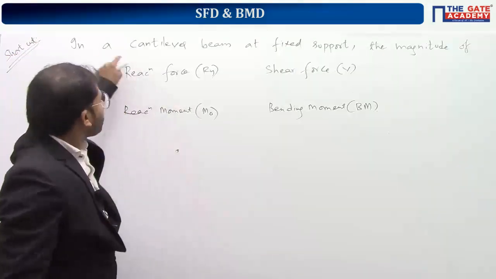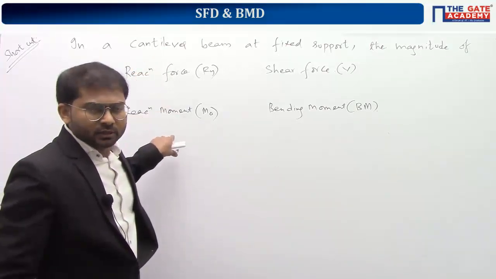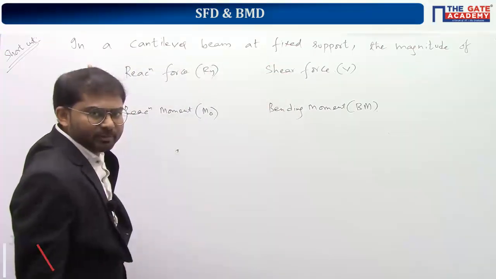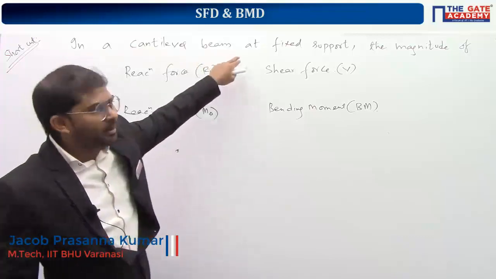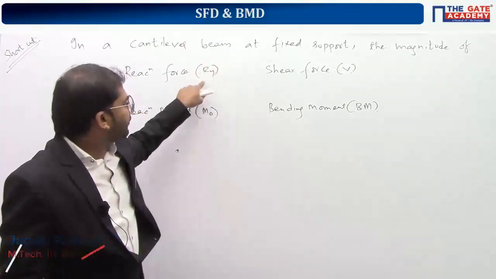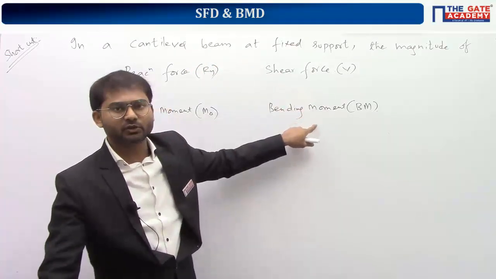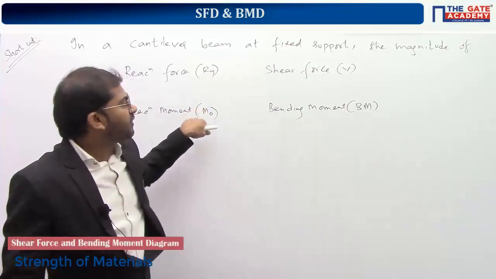Okay. So what I'm asking people to do is to compare these parameters with these parameters for any cantilever beam. So you take the first example and do this comparison. In a cantilever beam, I'm asking you to compare these parameters Ry and M0 at the fixed supports with shear force and bending moment respectively. So compare Ry value with V. Compare M0 value with BM.